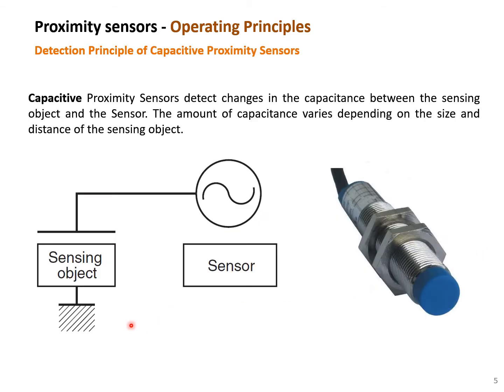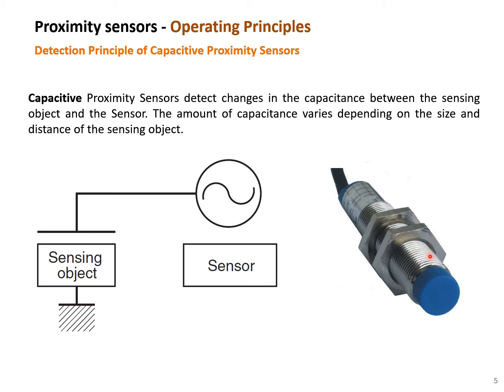The next type of proximity sensors are capacitive proximity sensors, which detect changes in the capacitance between the sensing object and the sensor. The amount of capacitance varies depending on the size and distance of the sensing object. So we have a sensor and the sensing object, and by changing the distance between the sensing object and sensor, we are changing the capacitance of the sensor. And that could be measured by the electrical circuit in the sensor,